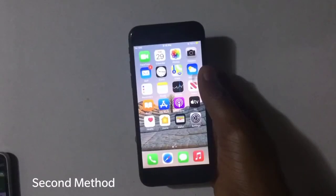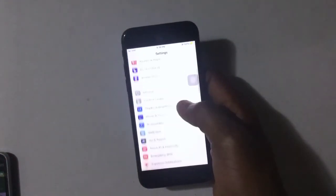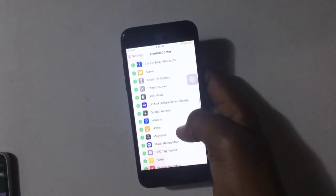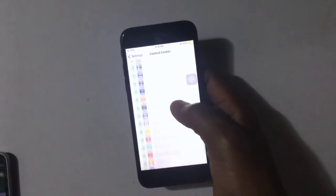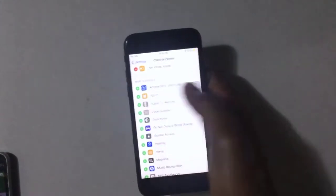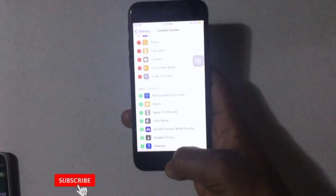So with the second method, you head over to settings, then in settings you scroll down and tap on control center. You search for code scanner, then you tap on the plus to add it to your control center. Then you are done. So after adding the code scanner to your control center,